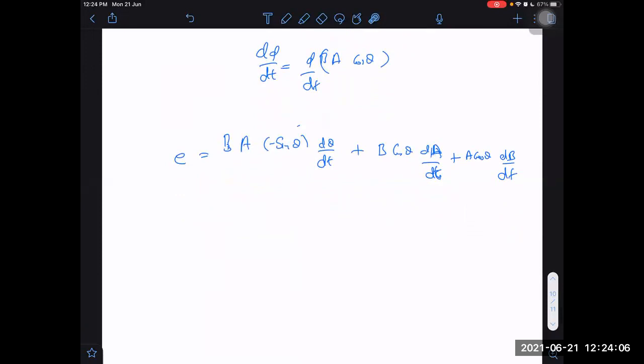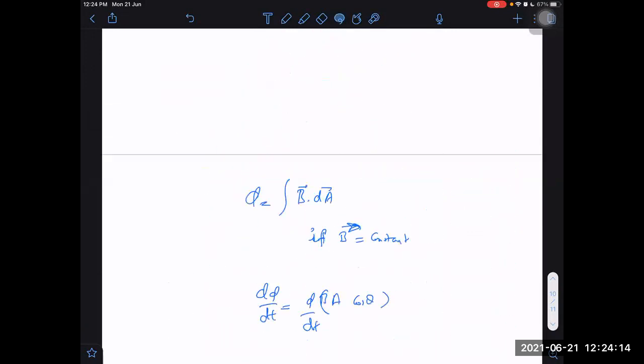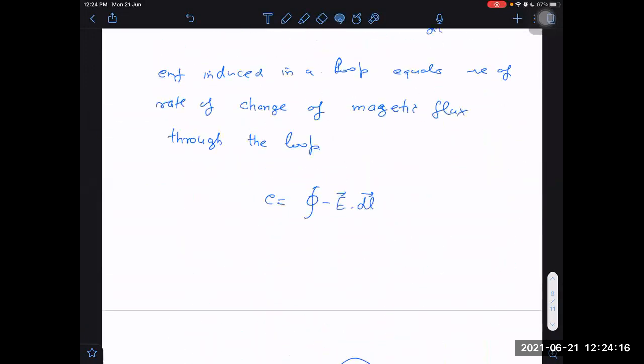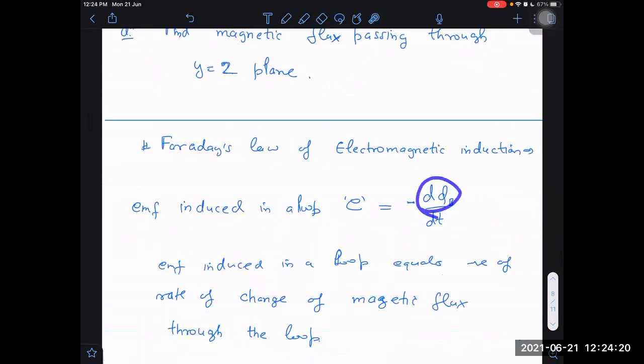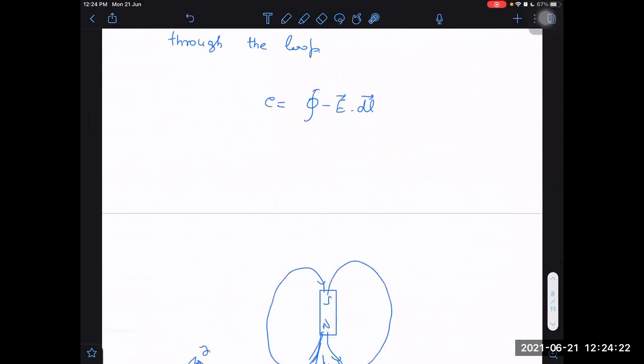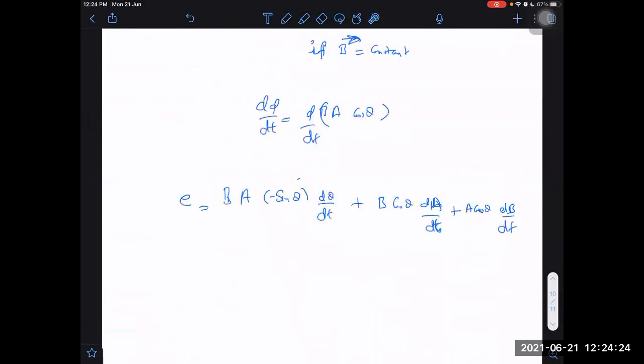And moreover, one more thing. In physics, we are never that much sure about the signs. We are confused about signs, right? We have observed that it is not easy to tell what sign we should take, whether we should take positive or negative. Although Faraday has told us that it should be taken as minus of d phi by dt. What this minus represents here, I have to explain this also. Why negative? What does the negative have to do?